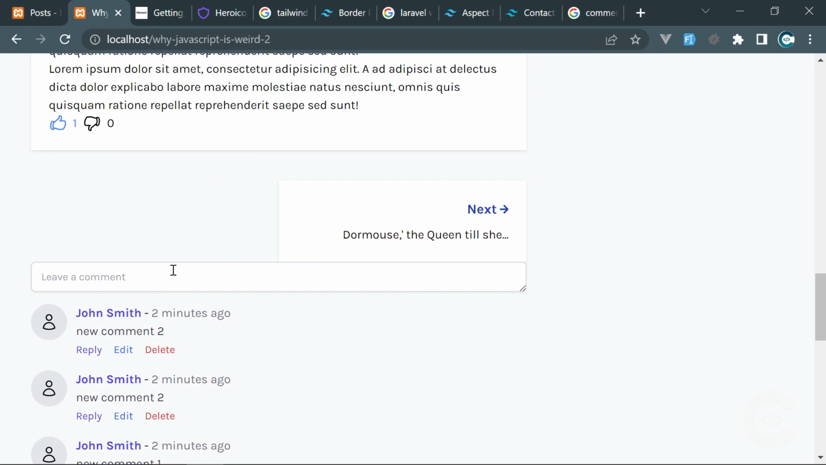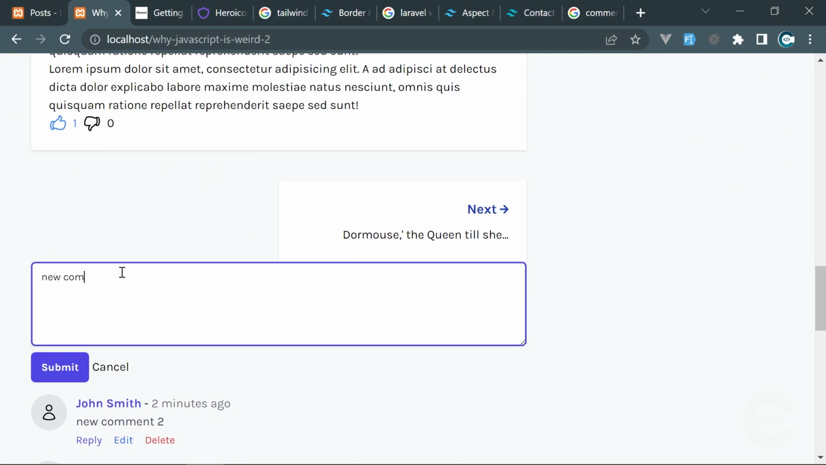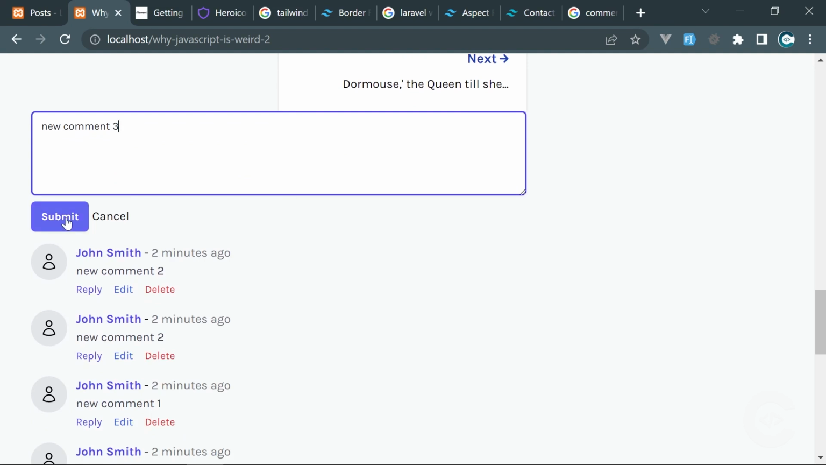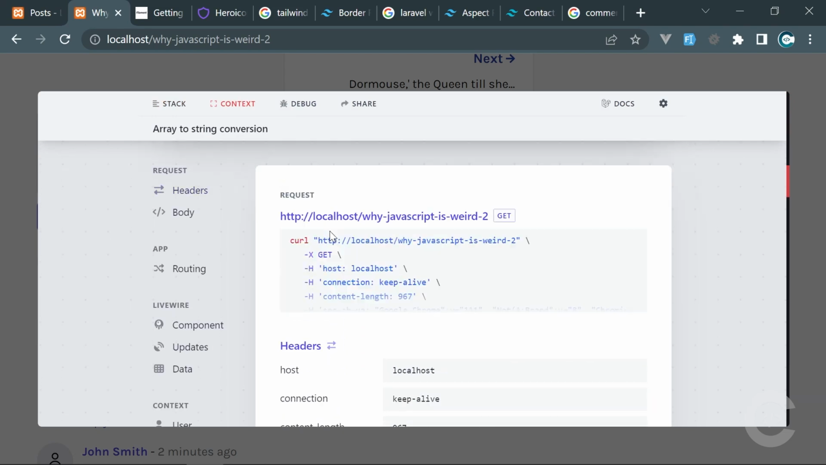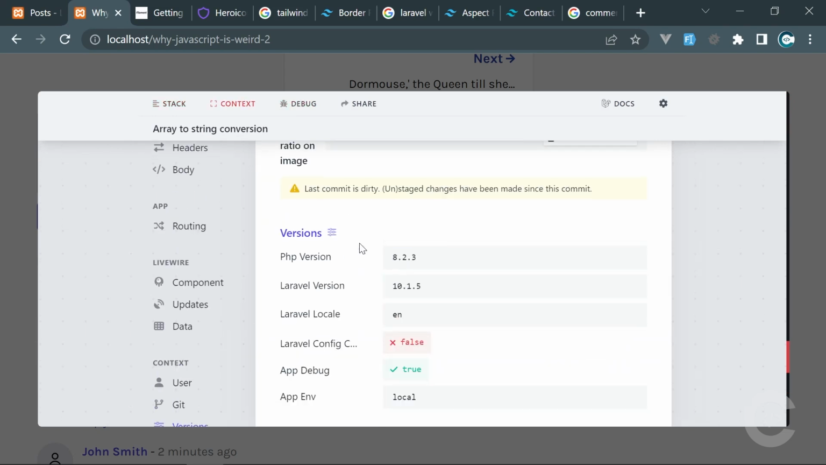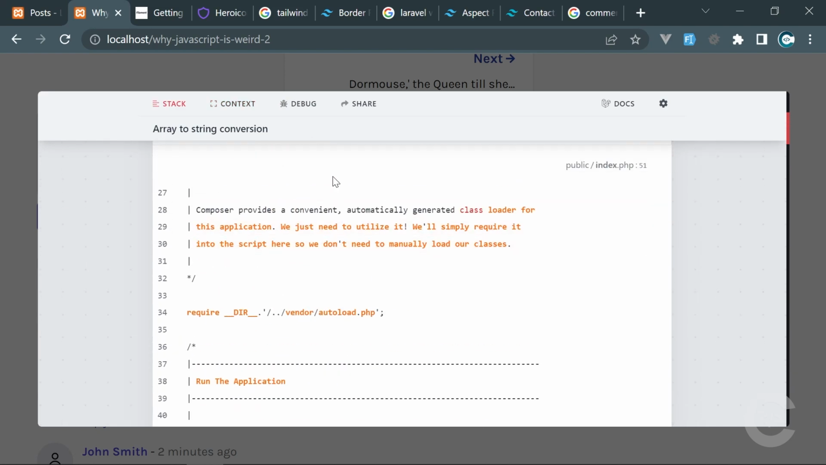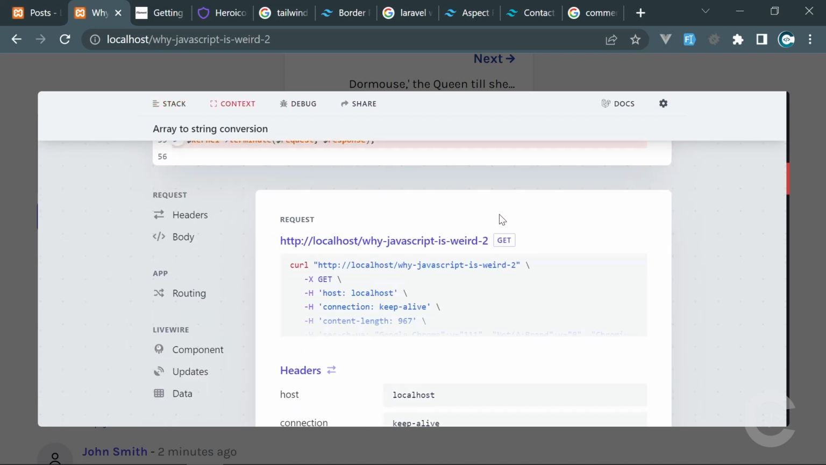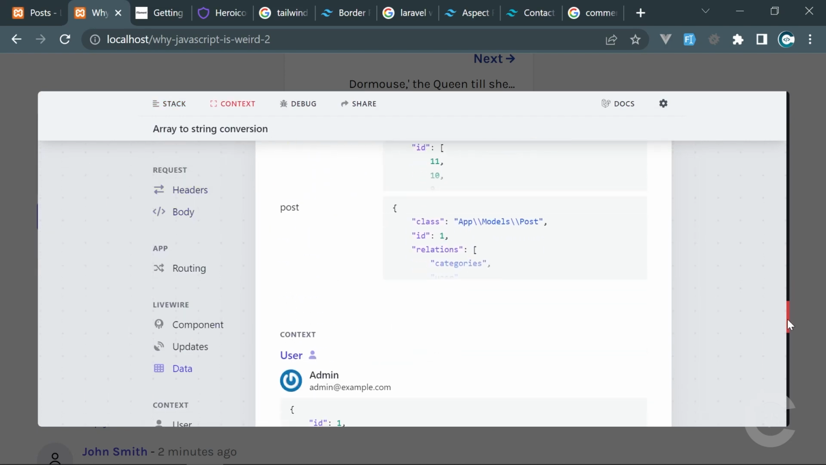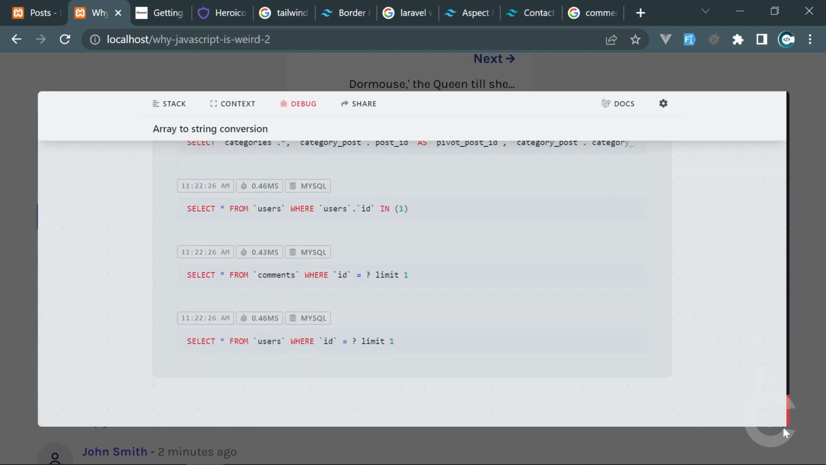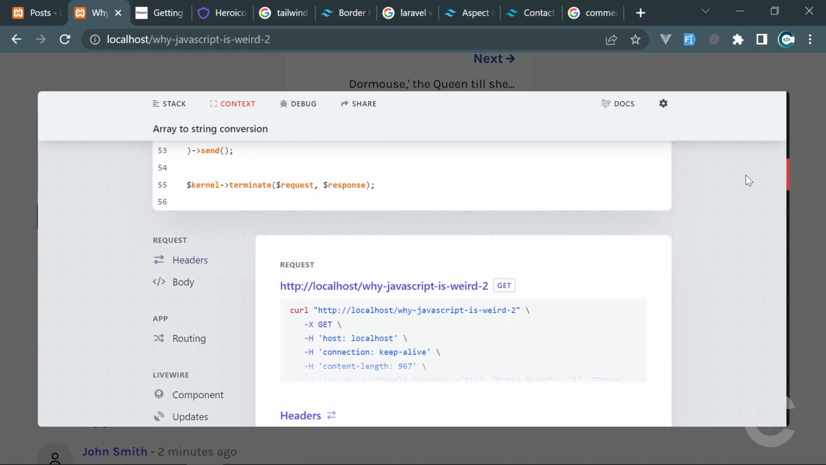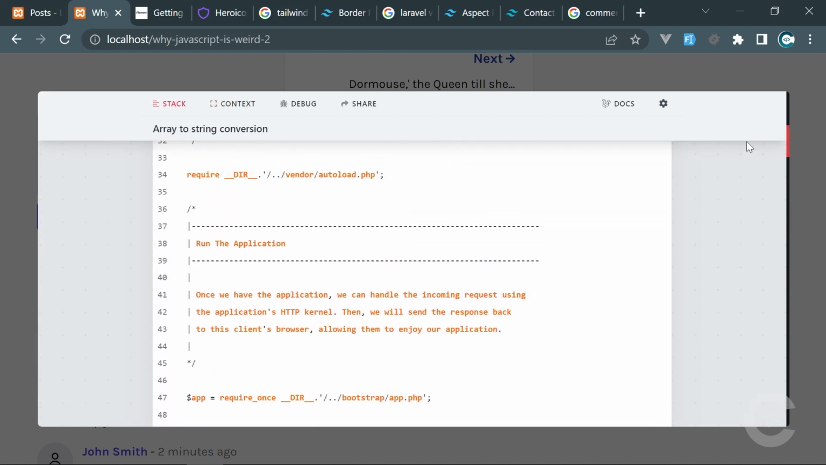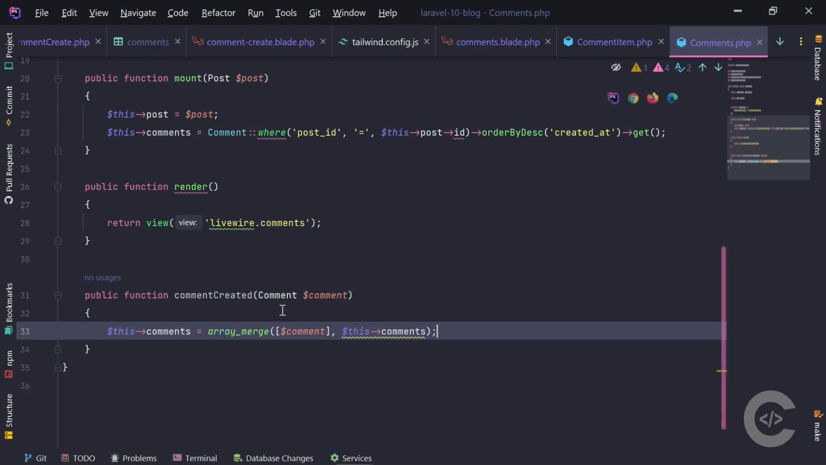Okay, so we scroll down below, new comment 2. Now let's create new comment 3. Click on submit. Array to string conversion. Where did that happen? Array to string conversion, and do we have the exact file where this happened? I don't find that, and probably